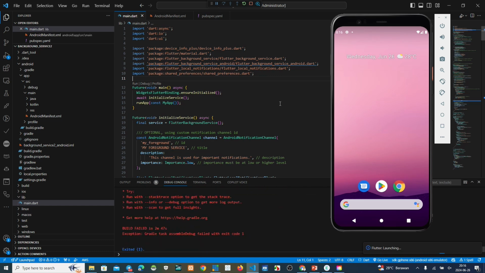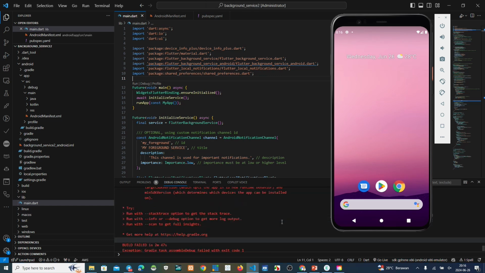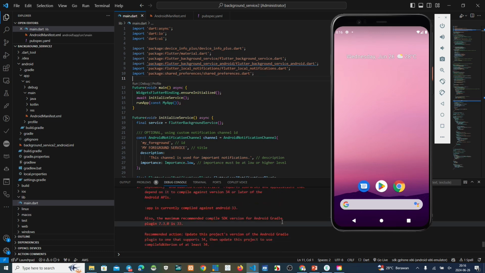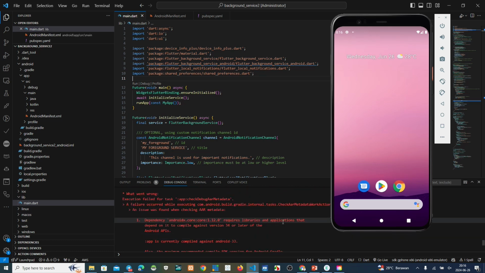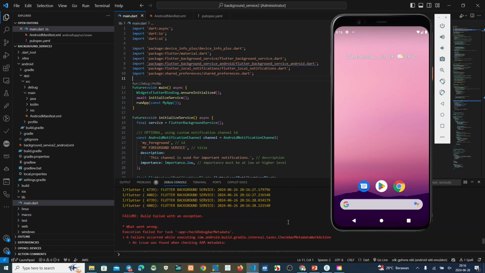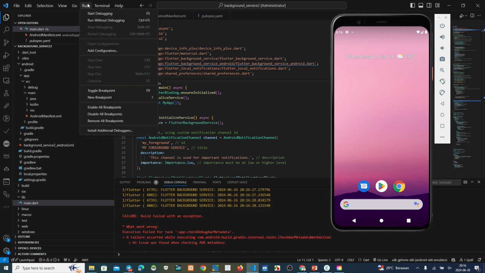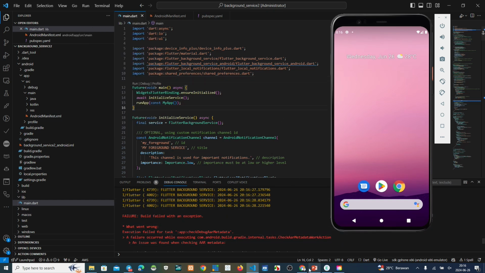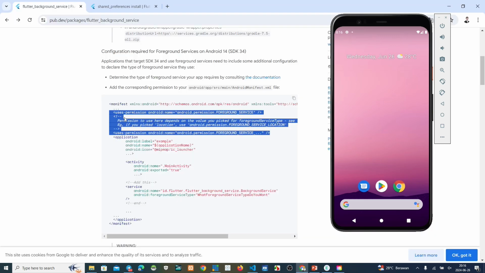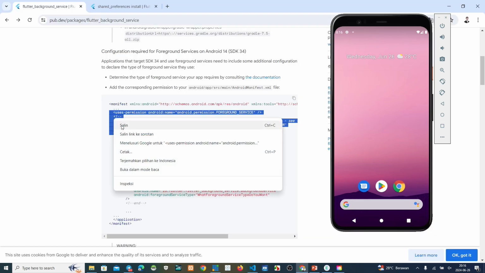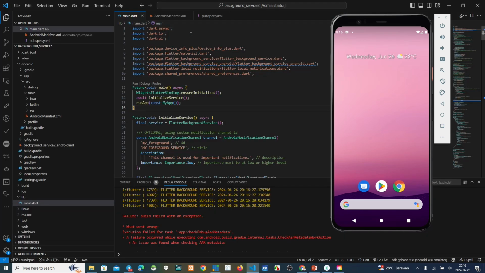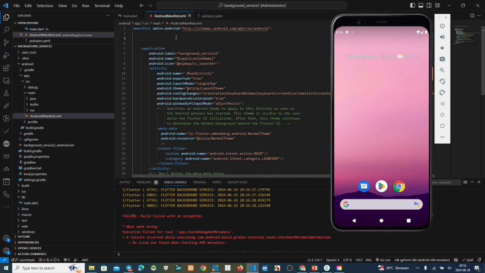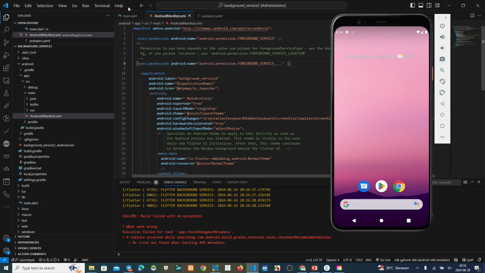Okay, we see the error. No problem, we must solve this error. Okay, the first one, we must copy this permission to the Android manifest here. Okay, save this.